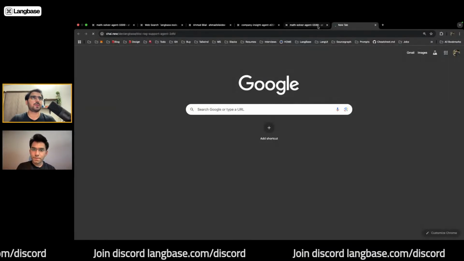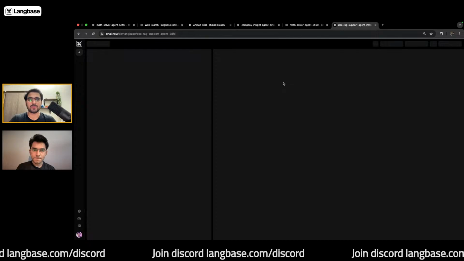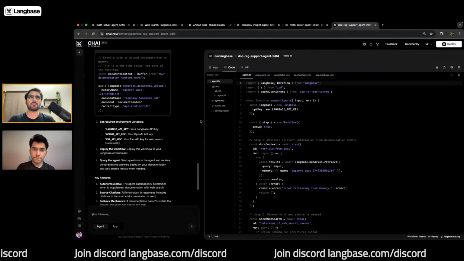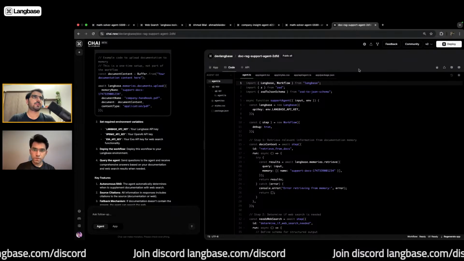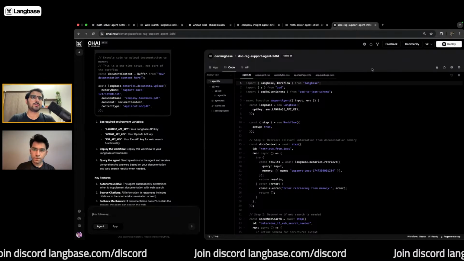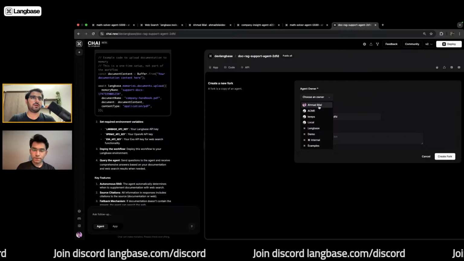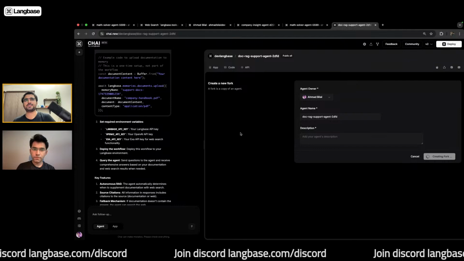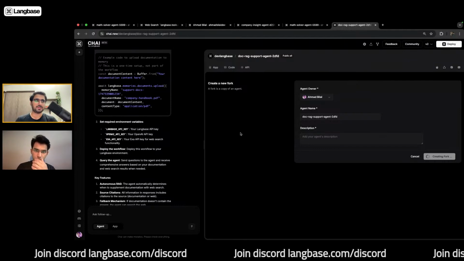Awesome. If you like an agent and it is public, for example this particular one, which is not my account but is a public all agent, I can just go ahead and fork this agent, choose an owner and description, fork it to my account, and start building on top of it instantly.